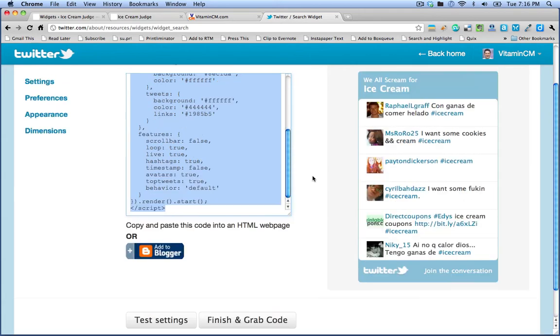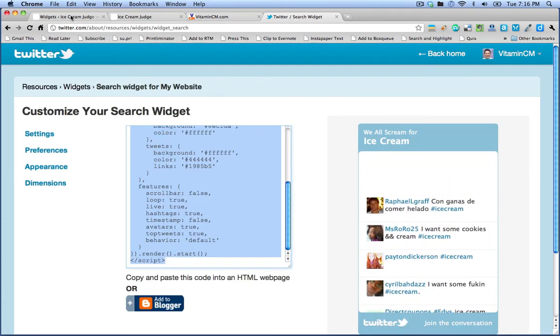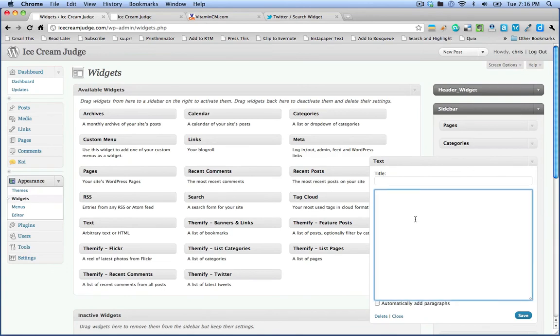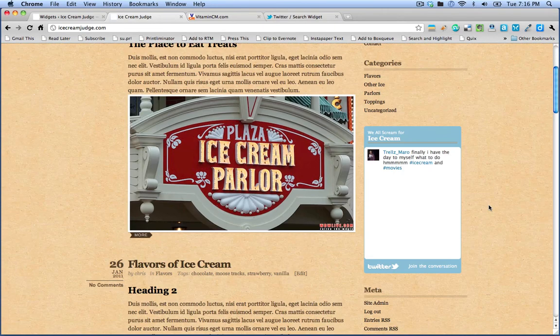So I set it all up on Twitter, and you can just go to Twitter and click resources and you'll be able to get to this. So I copied out the custom code, and I'm going to paste it in here and click Save. Now I'll come back here and refresh the page again, and you'll see that custom code widget drops in there. So it's looking for any tweets that are tagged with ice cream, because that's what this blog is about, and